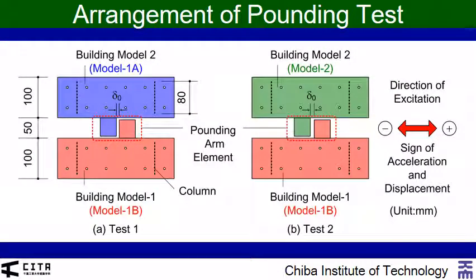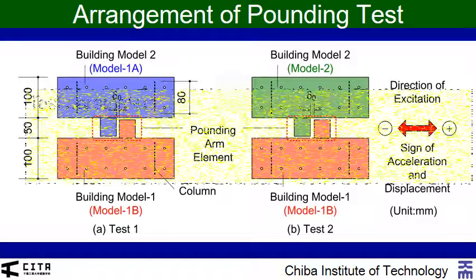Here is shown the arrangement of the pounding test. Because of size limitation during the shaking table test, the two building models were set in parallel. On the level 1 of each model, a pounding arm element was installed to facilitate collisions of the two building models during the test. Therefore, the pounding in this test was asymmetric pounding, which caused a torsional response in both models. To minimize the torsional response, the widths of the column in each story and the distance between the two columns were determined to provide a large story torsional